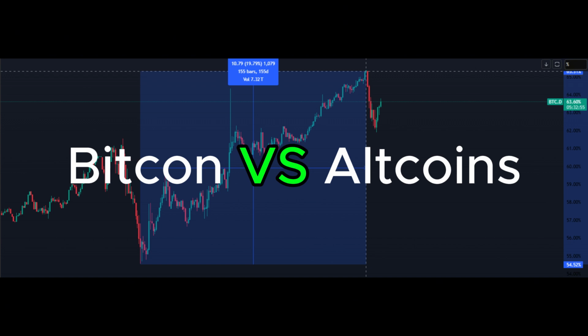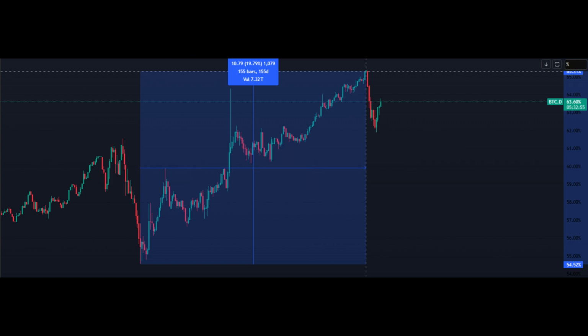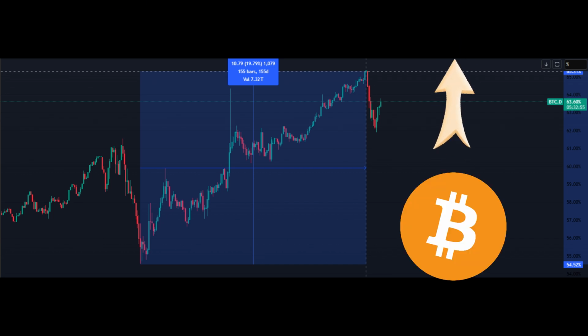Now let's talk about how to read the BTC.D chart. You'll find it on platforms like TradingView or CoinMarketCap, and it looks like a line or candlestick chart showing Bitcoin's dominance over time. Here's what the movements mean. An uptrend in BTC.D: Bitcoin's taking over. This happens in bear markets when people see Bitcoin as the safe crypto, or during Bitcoin bull runs, like after